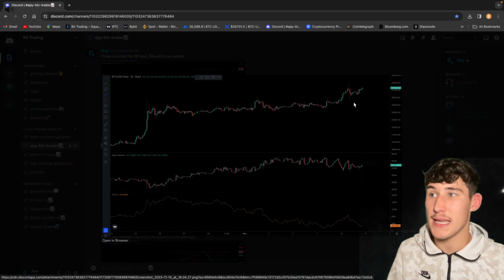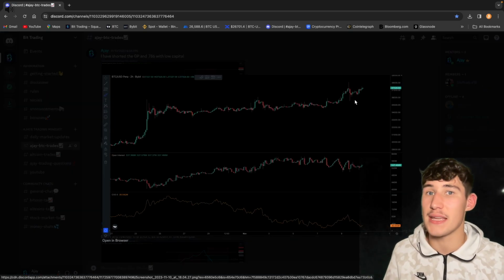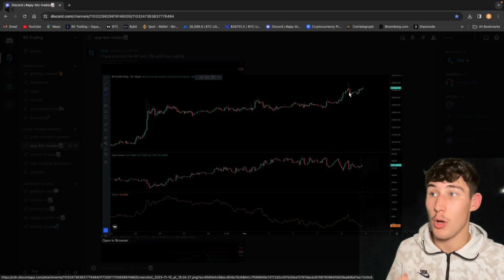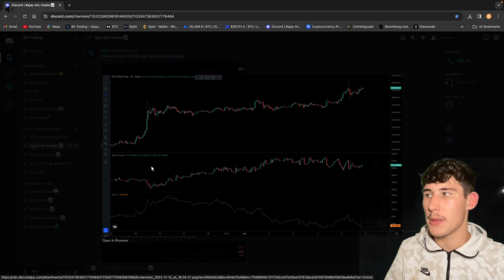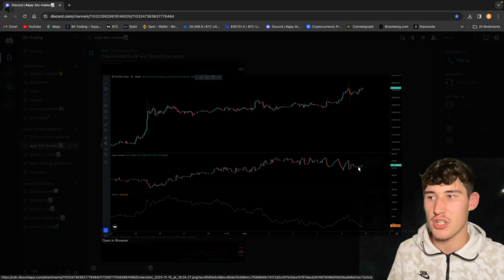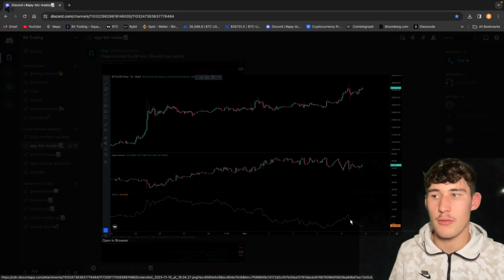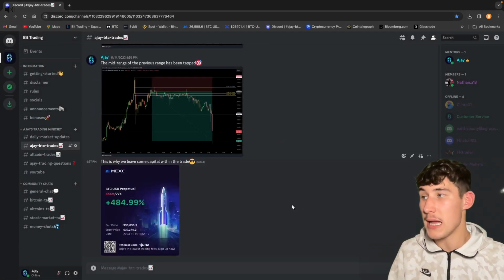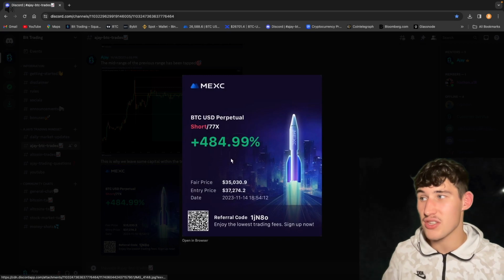So as we can see, as price is coming into that 786 and the GP level, price is forming nice higher highs, but the open interest is giving us bearish signals, and the CVD is also giving us bearish signals as well. So this was enough for me to enter into that short, and as you can see, this short position has yielded us over